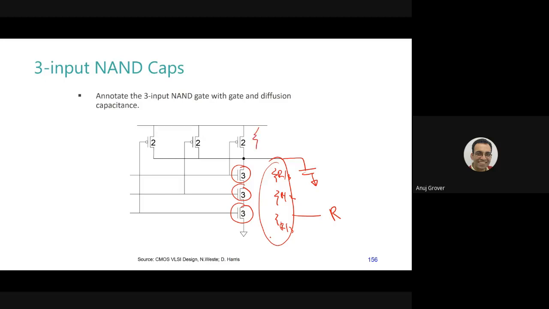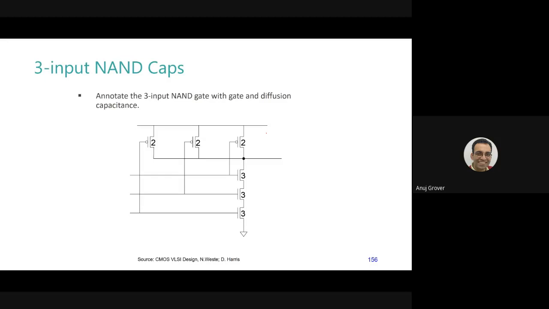On the PMOS side, there are 3 resistances in parallel, of which any one will operate at any given point of time. So I would anyways want to keep it only R. For the PMOS, to keep the resistance to be R, I have to keep the size to be 2, the same as that of an inverter. So when I want to size a 3-input NAND gate, I would size the NMOSs 3 times. The inverter sizing and PMOS sizing would remain the same.